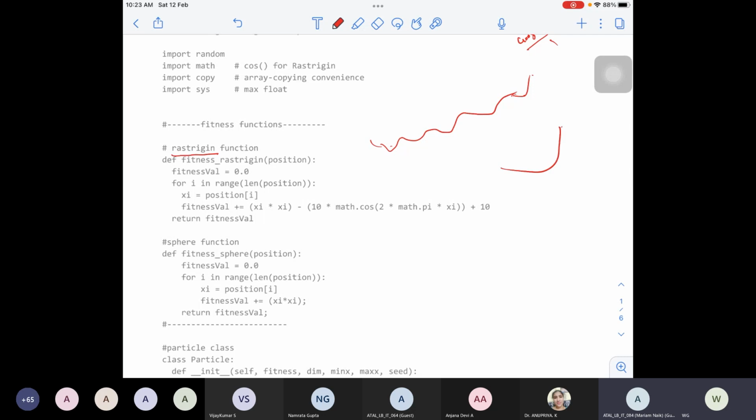So a convex function has a plot like this. So basically a sphere is a convex function. The Rastrigin function is a non-convex function, and it is often used as a performance test for optimization algorithms, right? So now you may have a function with maybe two or more variables, and because of this complex